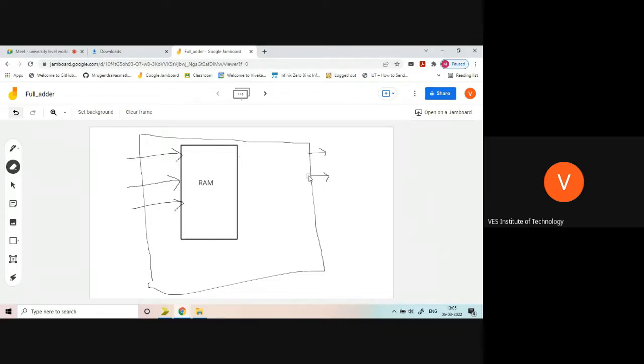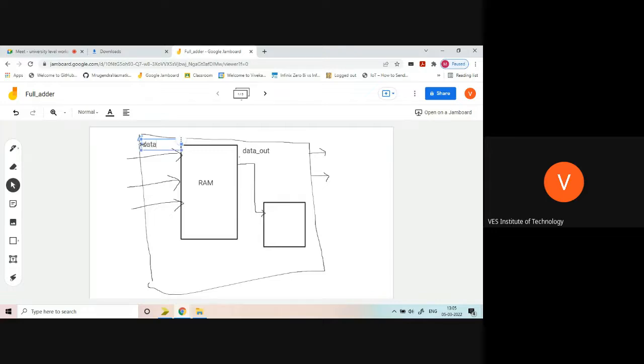I will create one small module here, like this 7-segment display, and for that 7-segment display I have to write a decoder. So I will take the output of the data out. So this is our data output. This is our data out.